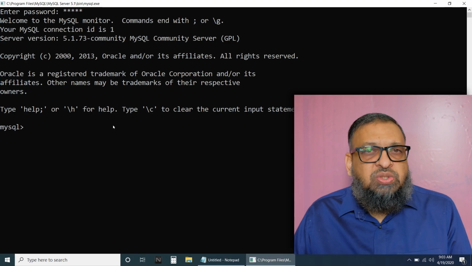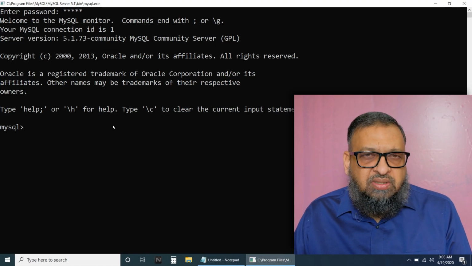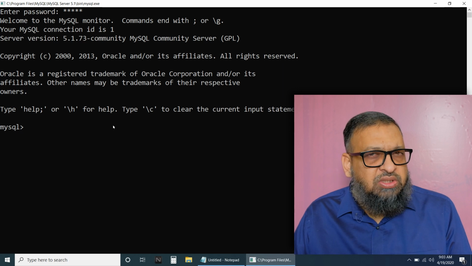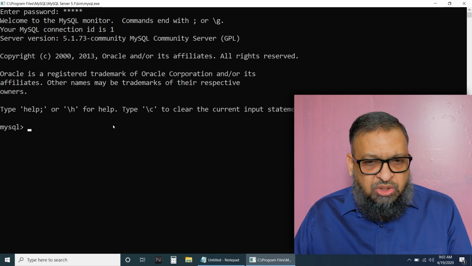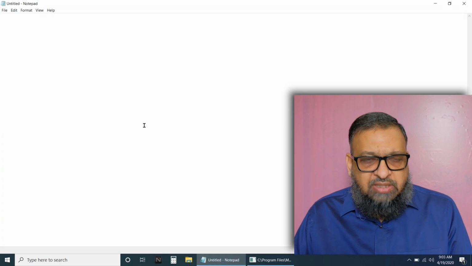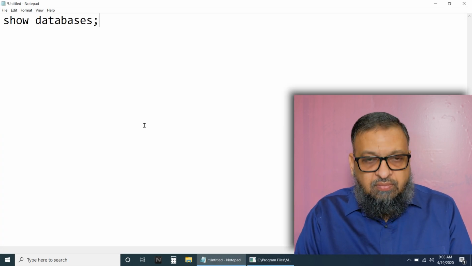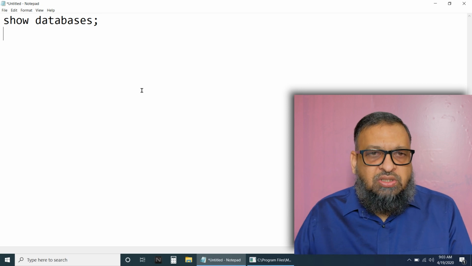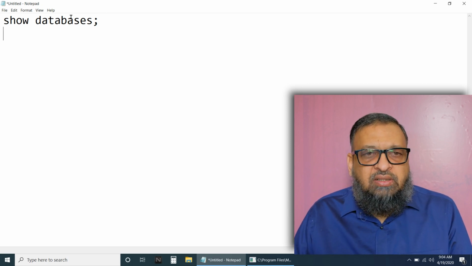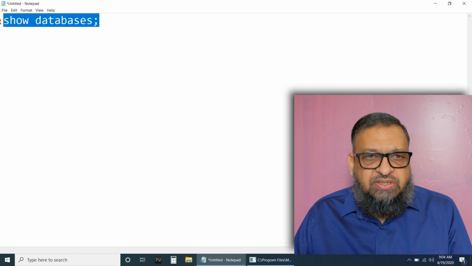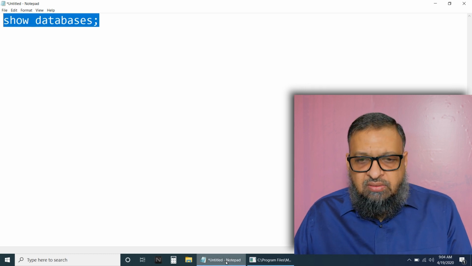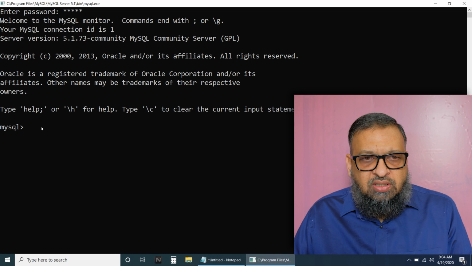To see the existing databases, you need to type a command called show databases. I have typed the command in notepad and I will copy paste it into the MySQL command line prompt.